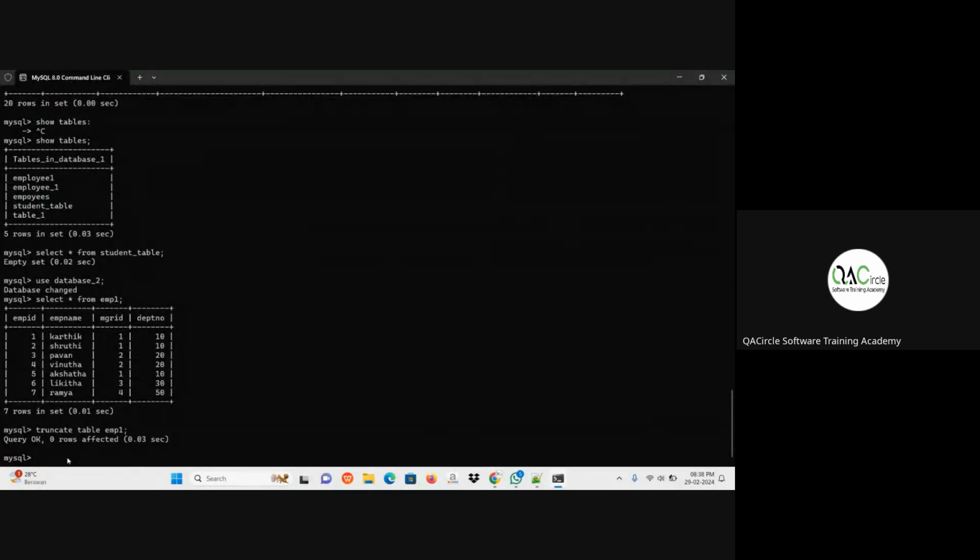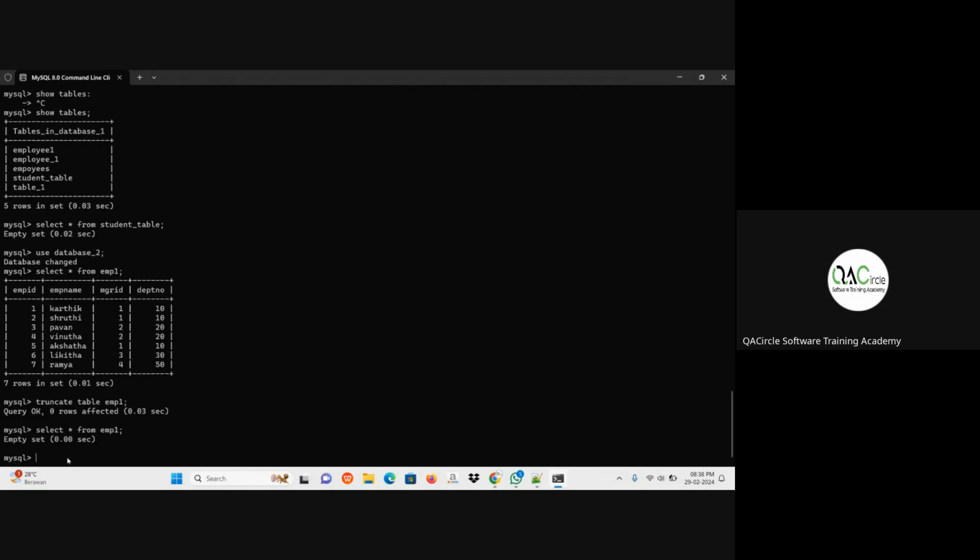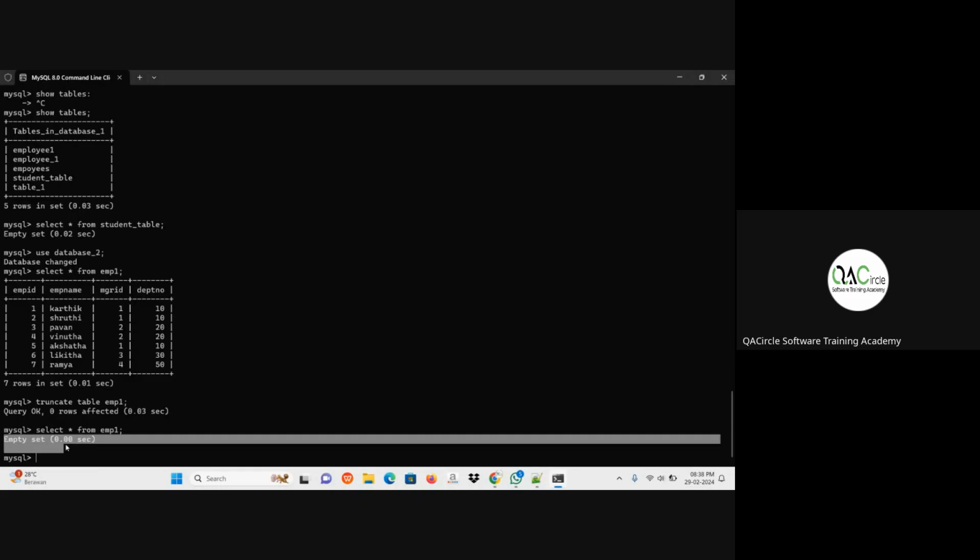Yeah, I have used truncate to delete the table. Okay. Now, what I said in the truncate, if I use truncate statement to delete the table, table will get deleted. Means when I go to fetch the table, select star from EMP1, I'll get that it is an empty set.